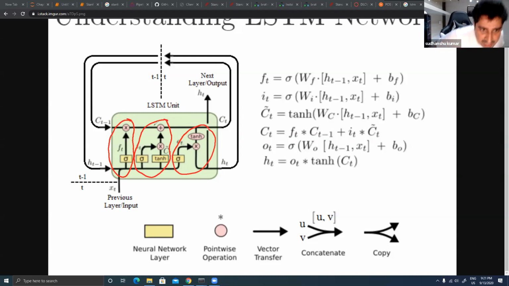One helps you forget or diminish the previous context, the second helps you build a new one, and the third gives you the outcome. And you can see that the outcome is not a straightforward outcome. We consider the context vector, pass it through a hyperbolic tangent, multiply it, and then we get the final output. This is what we use in an RNN LSTM network.